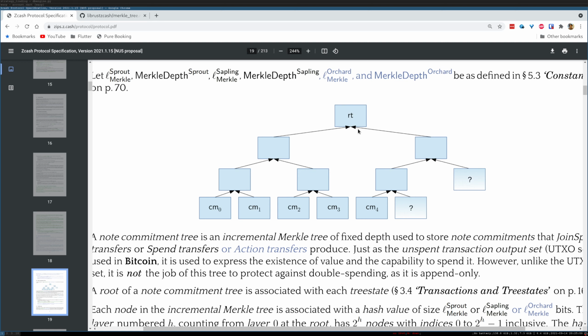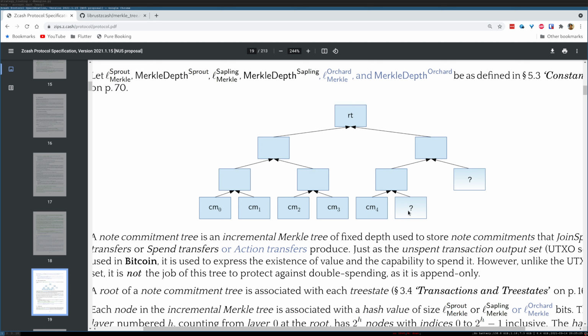If you have depth 1, then this level will have 2 power 1, which is 2 nodes, and then it doubles every time. So it's pretty easy to see that at depth n, you will have 2 power n